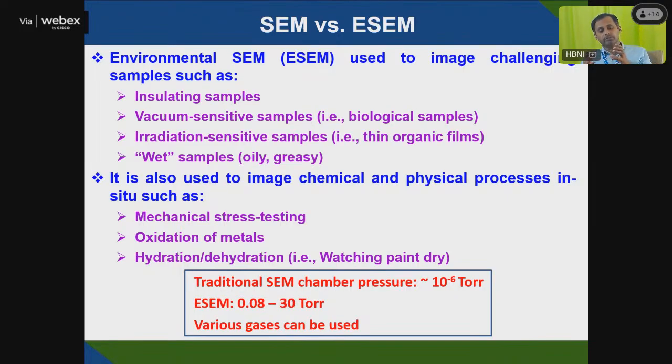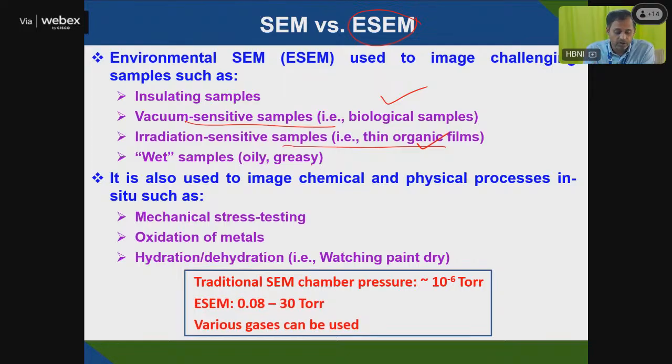With such a high energy beam, your virus or bacteria can disintegrate or be damaged. So in order to see those bacterial images or virus samples, you need an environmental SEM, which is mainly used for biological samples,